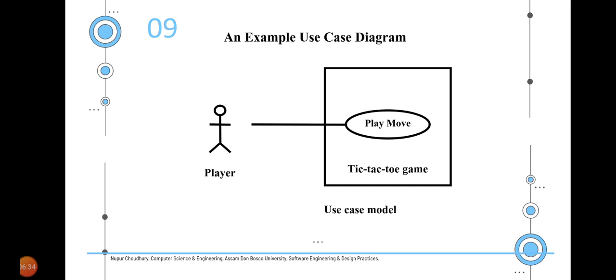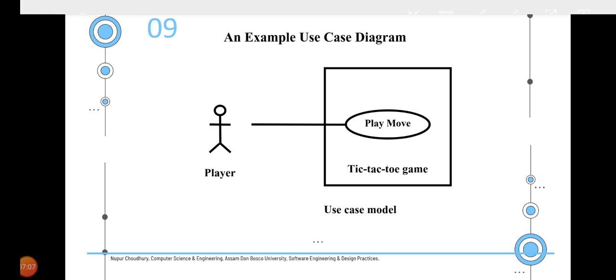So this is a sample use case diagram. Here, as you can see, the actor, which is the player, is represented using a stick person icon. We have a play move use case. Then the name of the use case model is a tic-tac-toe game. It is mentioned in that particular box or rectangle. However, we have to make sure that this name is either on the top left or top right corner of the system boundary, and the communication is represented using a straight line.